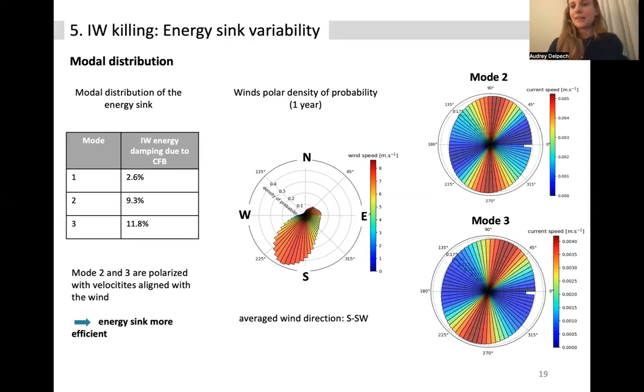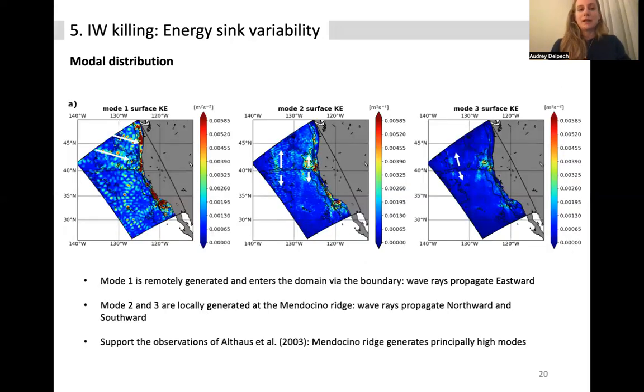And why is mode 1 polarized more in the east-west direction, and mode 2 and mode 3 more in the north-south direction? This can be explained by the origin of these internal waves. If we decompose the surface kinetic energy between the different modes, so mode 1, mode 2, and mode 3, we can also look at the flux, which is not shown here, but